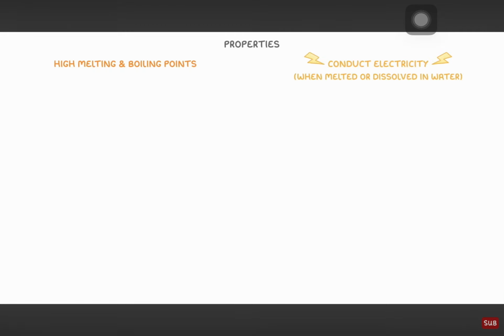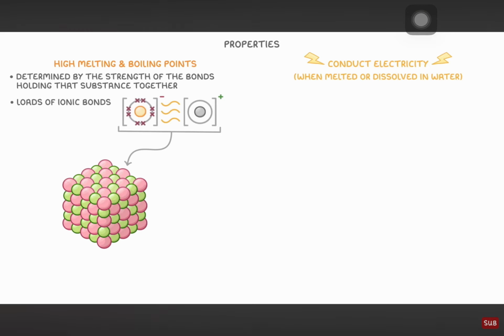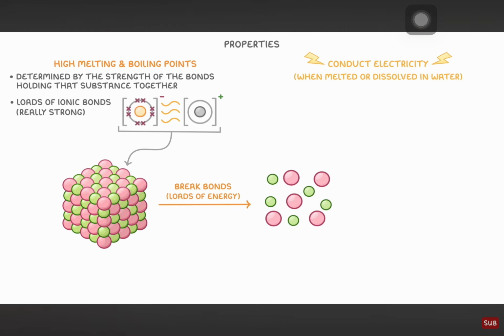Next up, we need to take a look at the properties of ionic compounds. Specifically, that they have very high melting and boiling points, and that they can conduct electricity, but only when they've been melted or dissolved in water. If you think about any substance, the melting and boiling points are determined by the strength of the bonds holding that substance together. In ionic compounds, there are loads of ionic bonds, all of which are really strong. So to break them all would require loads of energy, which is only going to be available at very high